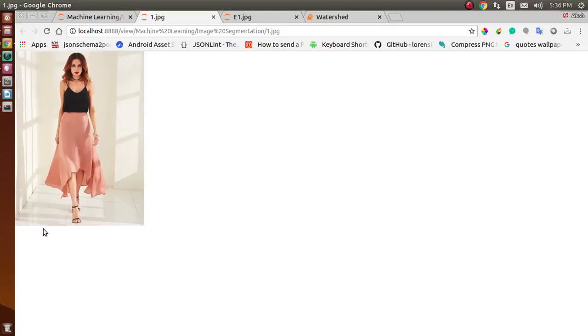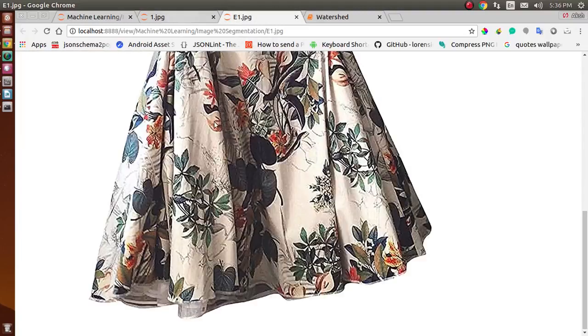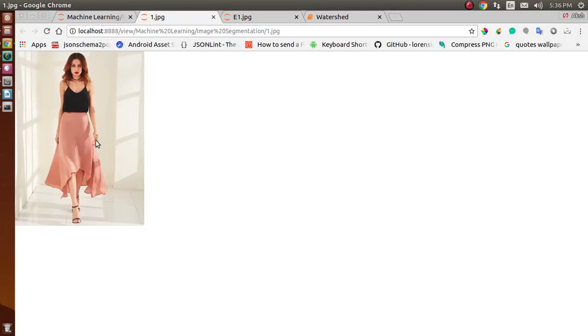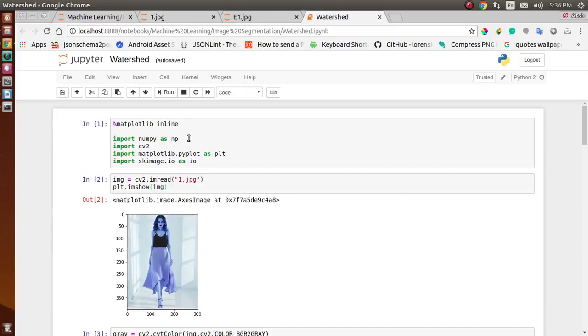from the whole image. As you can see, we have a lady in both these images, and we will segment this lady out of the image using the watershed algorithm. So I want you to download OpenCV before we start today's coding. Make sure you have OpenCV installed on your system. So let's start